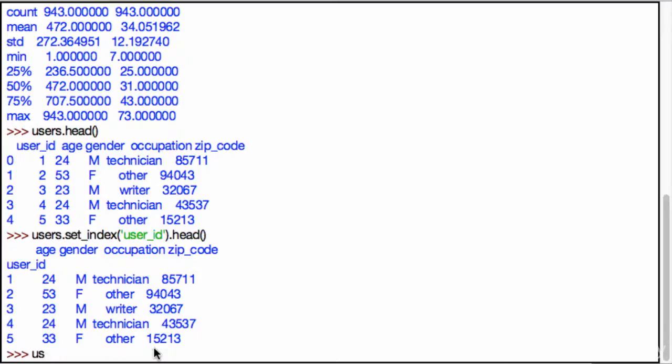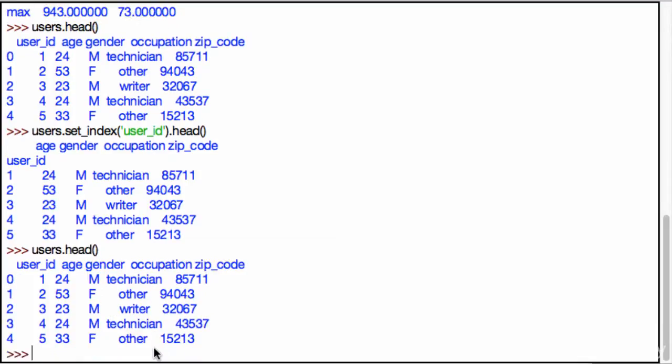However, if I print out users.head, what do I get? See, now I get back to that normal index, and I don't like that index, okay? I want to permanently change my index. So if you want to modify your existing data frame, we have to use the inplace parameter. So go ahead and let's say users.set_index,